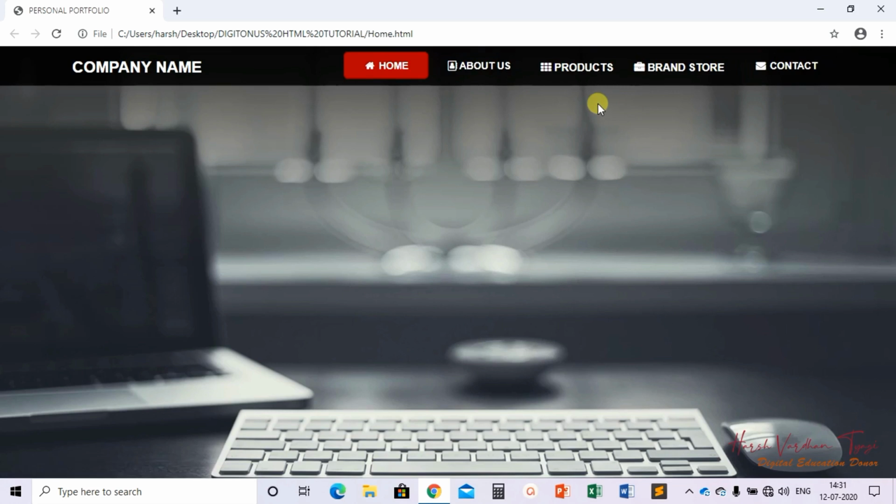But when we move to the Products or Brand Store tab, you might see a little white color under the yellow background. This white color has been added to show that these are drop down tabs, which means they will have drop down navigation tabs.